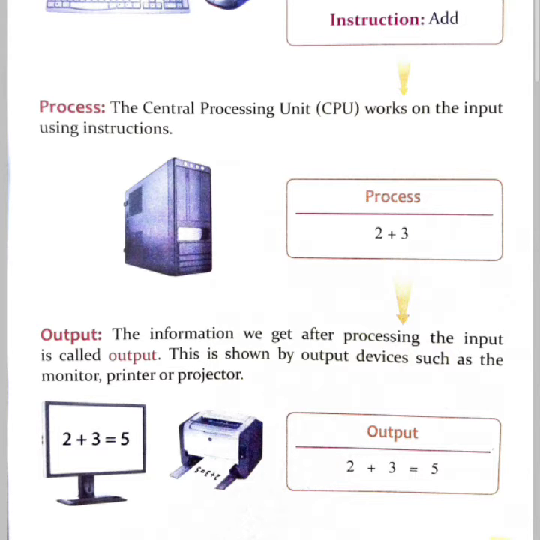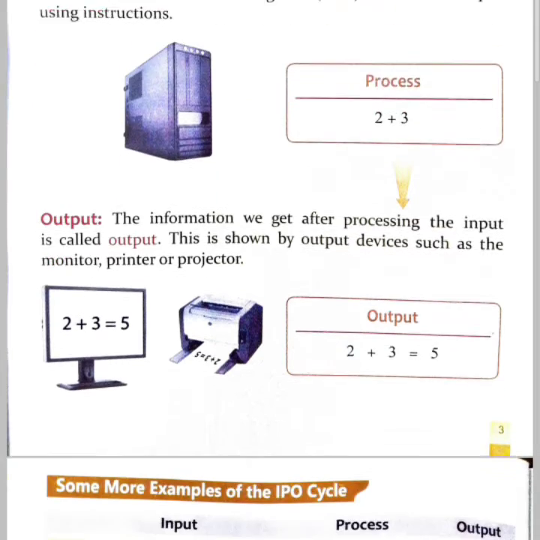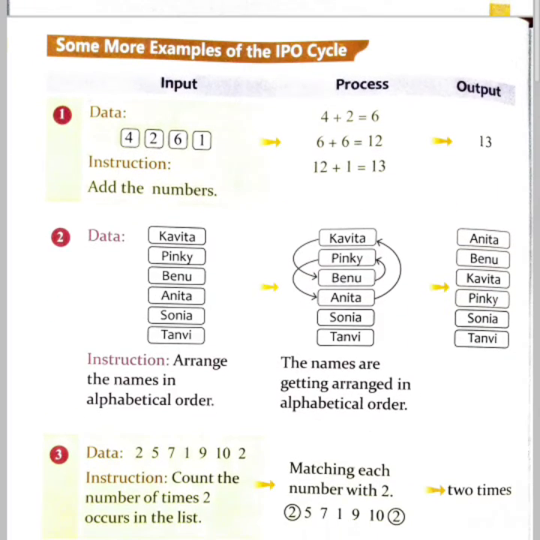The input is giving the instruction to add number 2 and 3. The CPU is processing it by adding it by itself and giving the result as an output through what? Through monitor. You can see it on the screen, or you can take it as a printout, or you can project it on a computer or a screen. Okay. So let's see a video, then it will be easier for you all to get the thing correctly, like what is input, output or what the input, process and output cycle is.